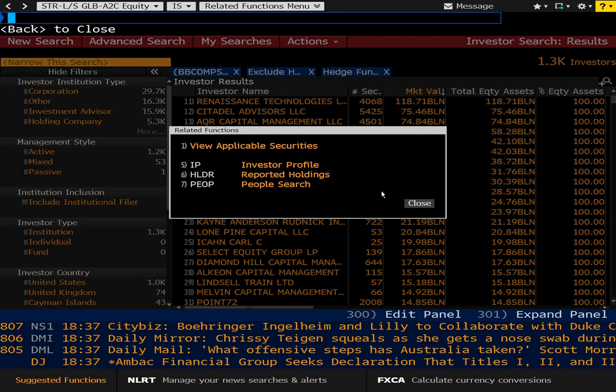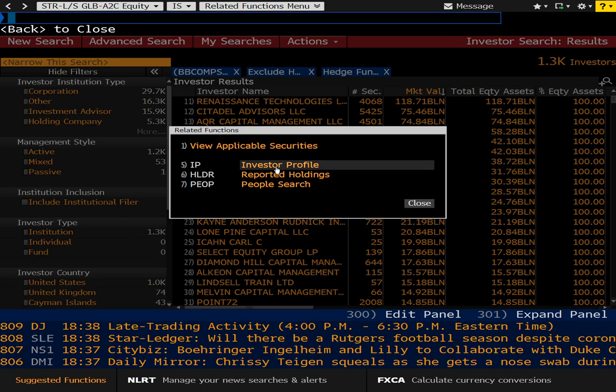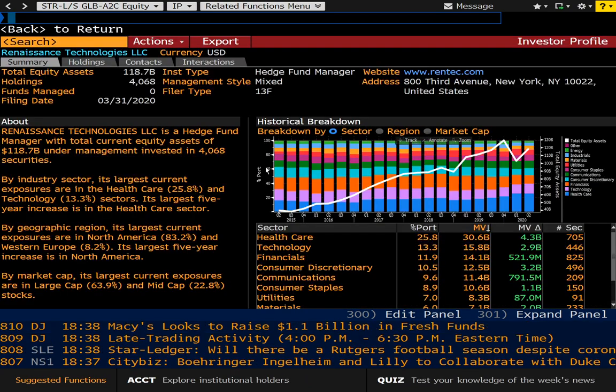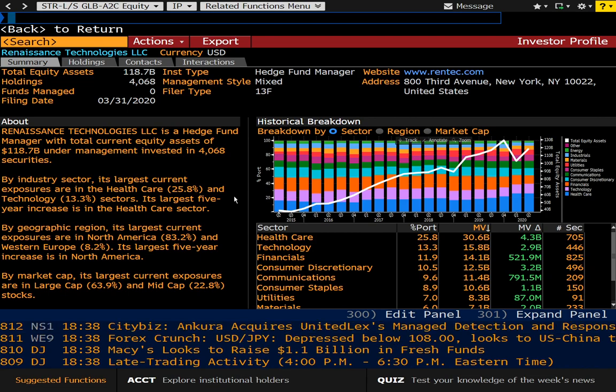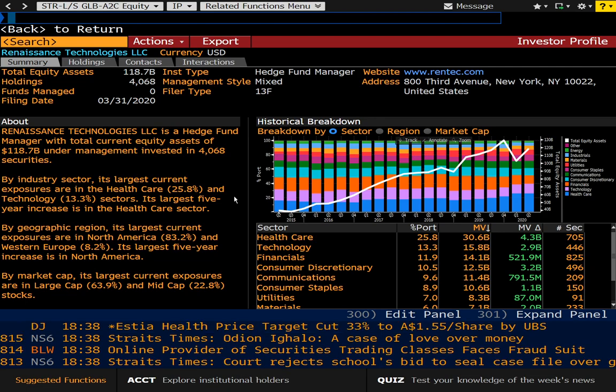and that actually segues me into my next function, which is IP. So let's do that. Let's go to IP. So led me right there. So this is one of my favorite functions on the terminal, and IP will basically kind of scan the fund's 13F filings and publish for you